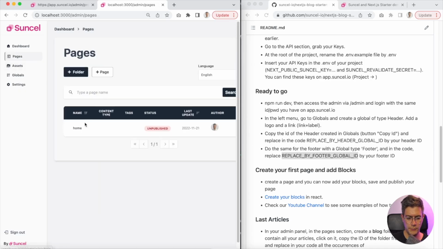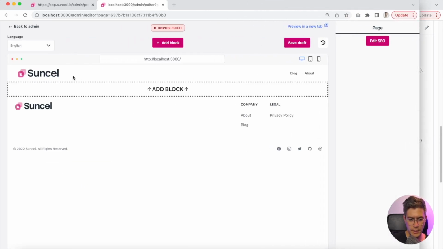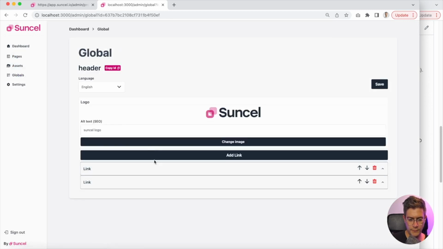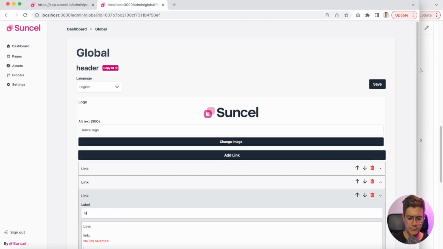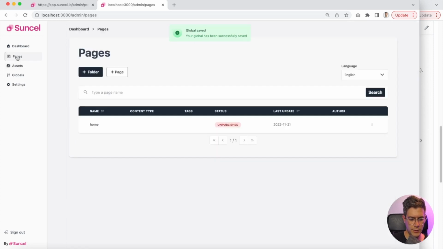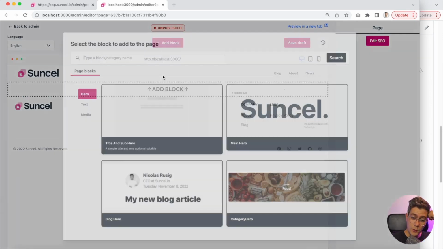Okay, let's go back to the page. And that's wonderful. So we have our footer and our header. Let's create a new one. You just add a link, and let's say it's news. You save it, you go back to the pages on your home, and then you have news here. Okay, good. So now we can play with the